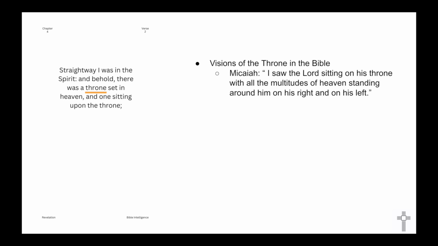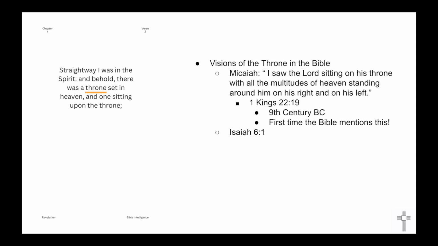Now, this is the very, very first time that the Bible is talking about a prophet seeing into heaven or seeing God sitting on a throne. And it's interesting how this multitudes of the heaven is something that we're going to pick up in Revelations. So this is coming from 1 Kings chapter 22, verse 19, which means it's 9th century BC. So it's almost like 3,000 years ago. And like I say, it's the first time the Bible is mentioning someone seeing God sitting on his throne in heaven. Of course, there will be other instances. Micaiah is not the first one.